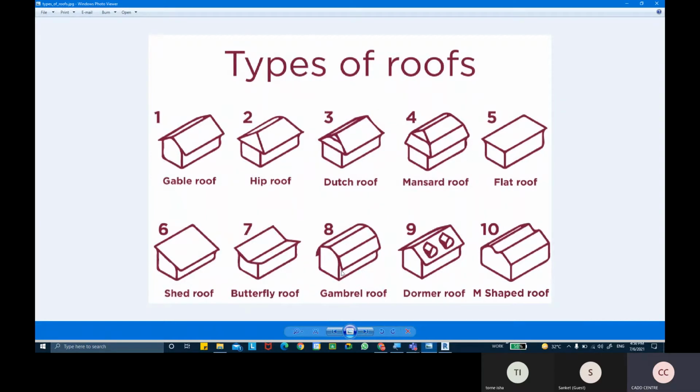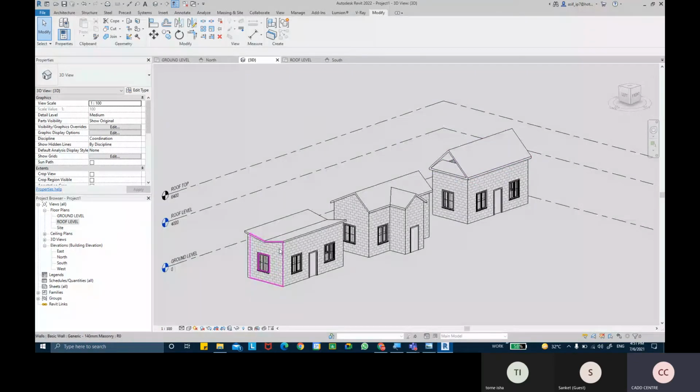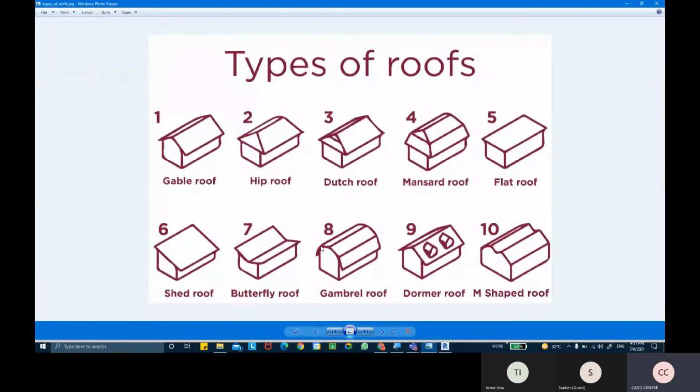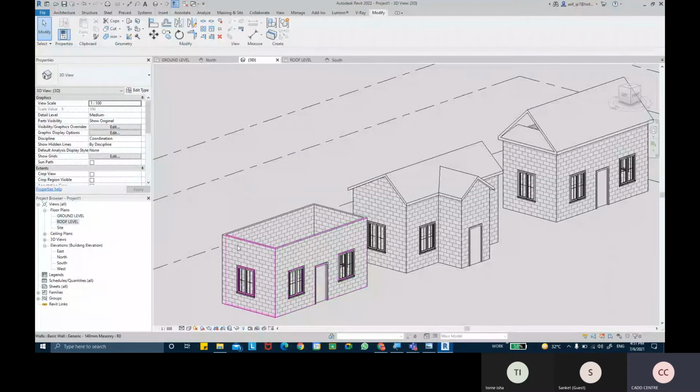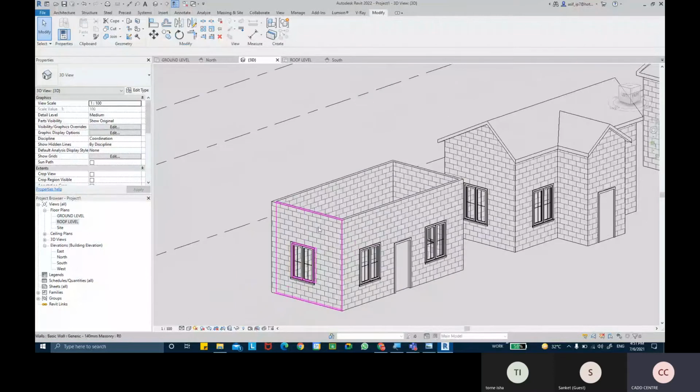If you have multiple segments, then we should use the extrusion method to create. So let's try this method. I'm going to remove this roof from here, and we're going to create a type of roof, that gambrel roof, on this element of wall. I want to create it on this wall over here.